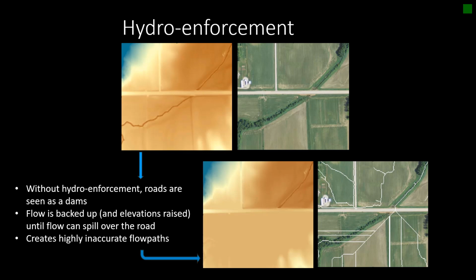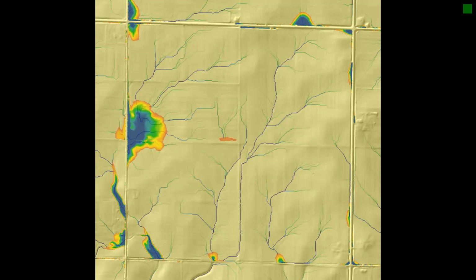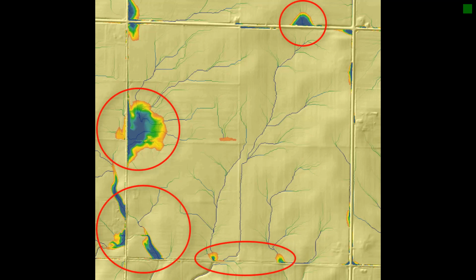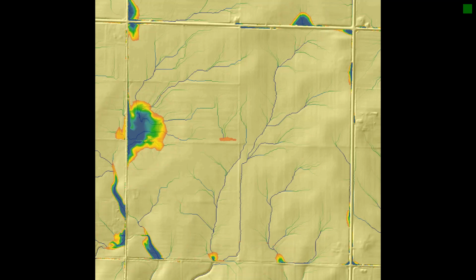So it's extremely important to make cuts where you know they are and you can see them in imagery and, say, your hill shade, because you want your flow paths to fall within the actual channel, not just spilling all over the place like we can see in that lower image with those white lines. In this example, you can see these depressions where water has been backing up against these roads because no cut lines have been made, and therefore flow paths are inaccurate or flow accumulation values are wildly inaccurate.